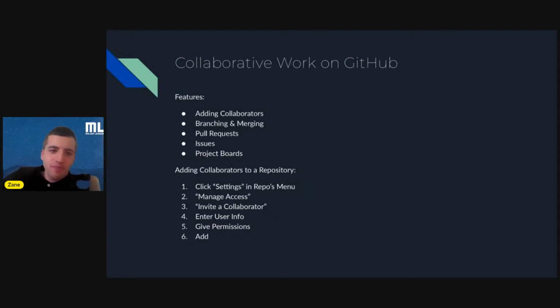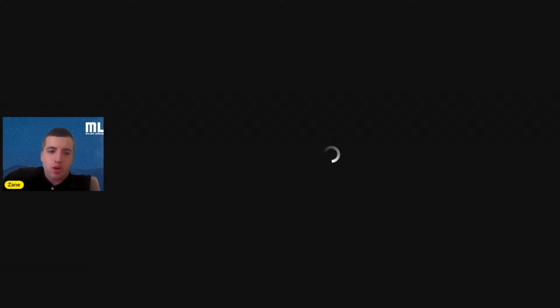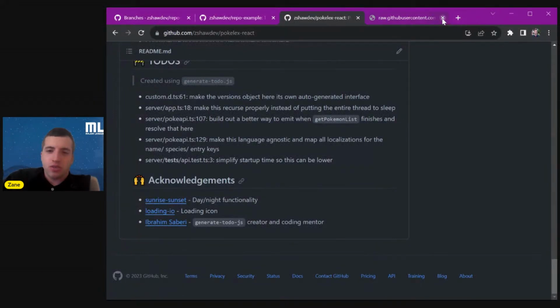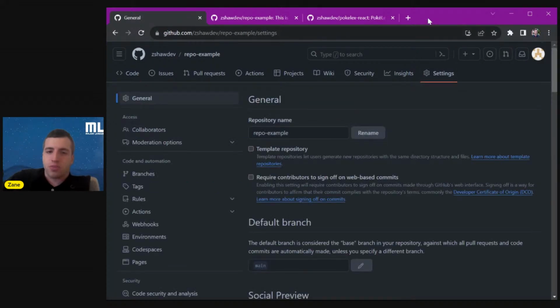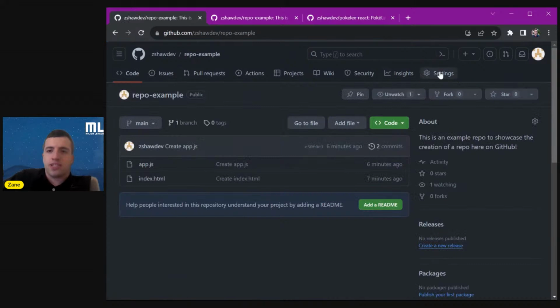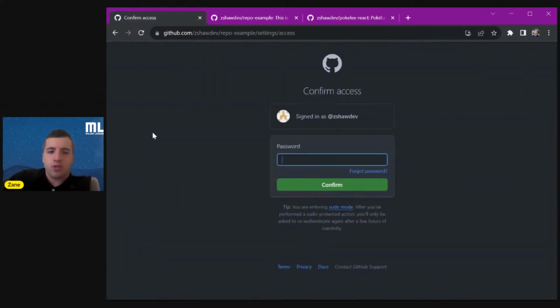So with that, let's talk about collaborators. So jump back into the code base here. I have my little repo here. Now let's say this is a big project that's going to take multiple people to work on it together. Then I can add permissions for certain people that I want to be involved with the project in certain ways. So I can go to my repo, go to my settings here, go to collaborators, and well,